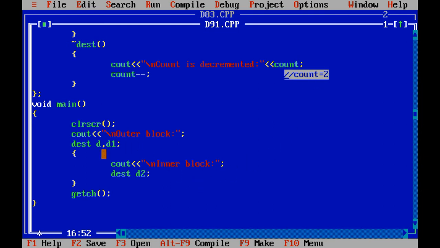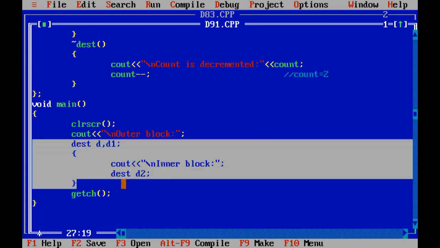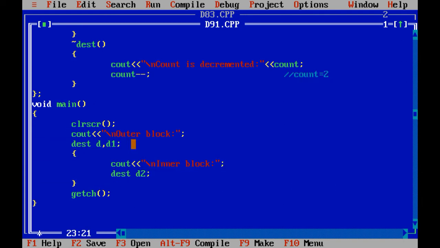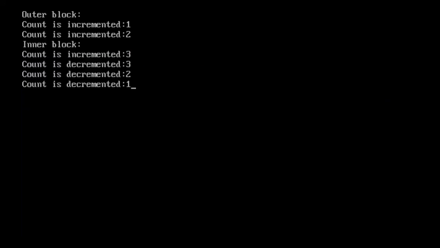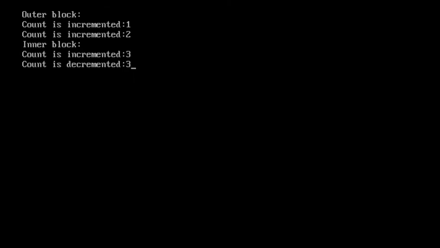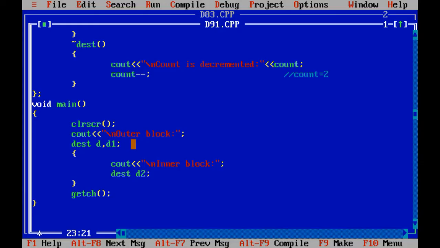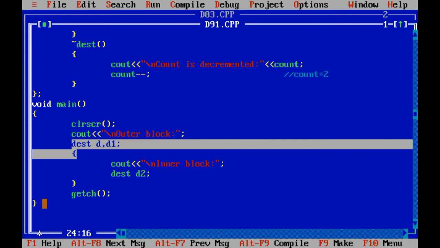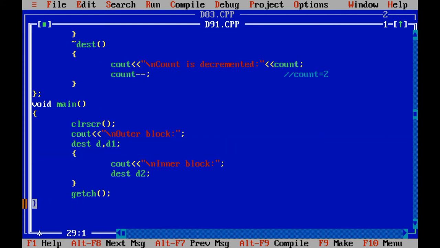So for that, if you want to see the output of this 2 also, how this 2 is erased from the memory, you need to perform Alt F5 to see the output again, right? When you perform Control F9, in such cases the count is decremented by 3 only printed. Why? Because the life of these two objects is until you complete the void main.